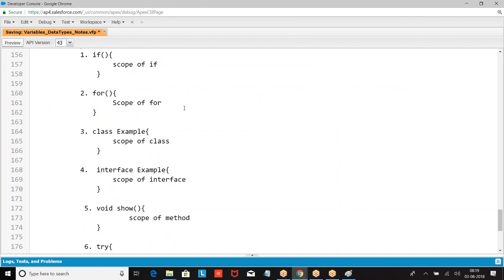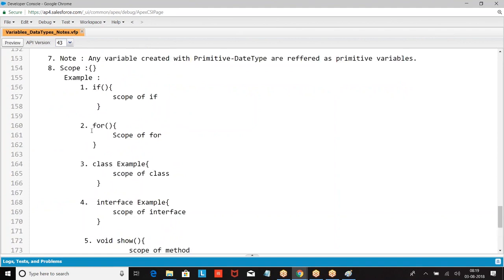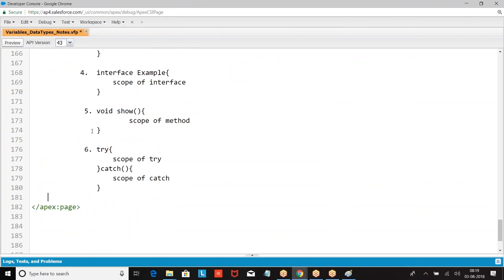Okay. Now let us get to the local variables. Any variable defined within a scope is called a local variable.